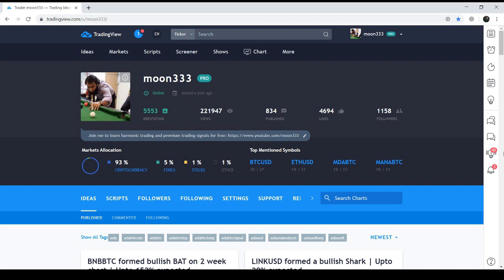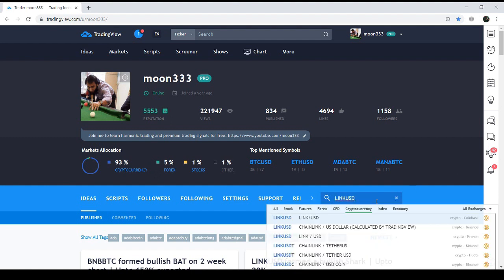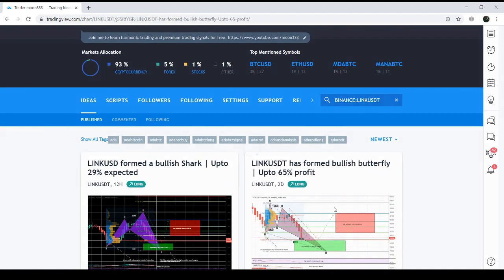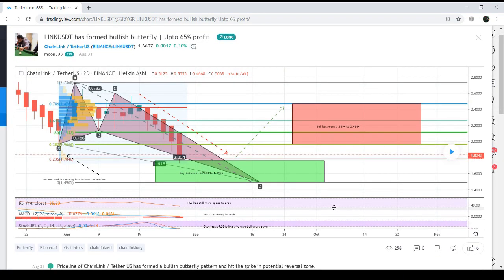In my previous idea of Chainlink US dollar, I posted a 2-day chart where Chainlink formed a bullish butterfly pattern. After the initial leg, the A to B leg is retraced almost up to 0.786 Fibonacci as required for the bullish butterfly pattern, and the B to C leg is retraced between 0.382 to 0.886 Fibonacci, and the C to D final leg is retraced between 1.27 up to